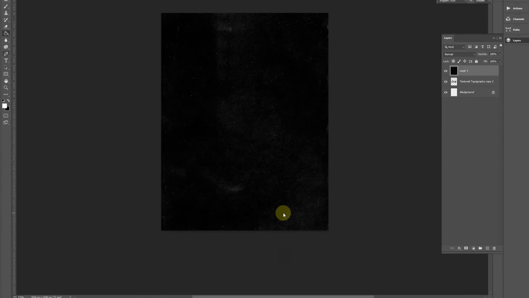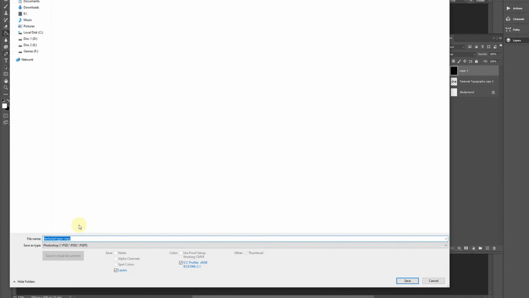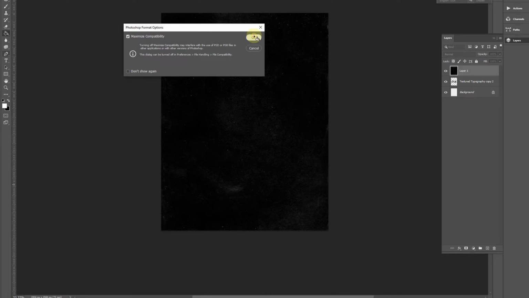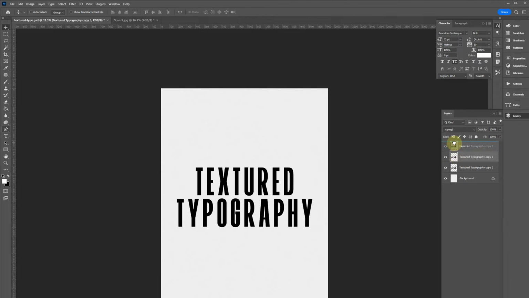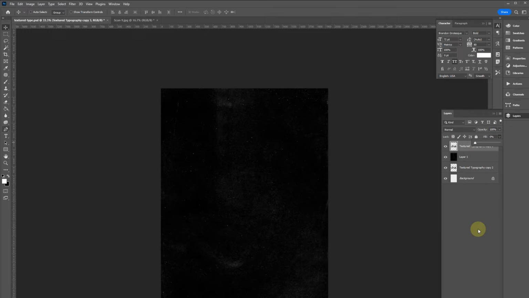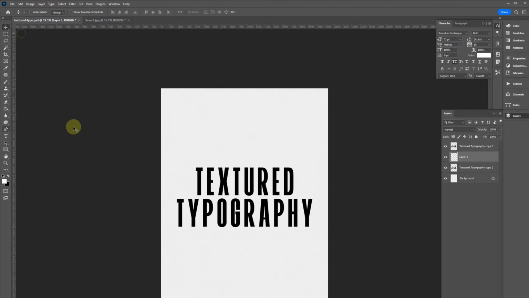and save the canvas as displacement. We'll come back to that in a moment. Next step, let's duplicate our original text layer and drag it on top of texture, and then change the fill to 0%. With the texture selected, go to select all, edit, cut, activate quick mask mode by clicking this icon